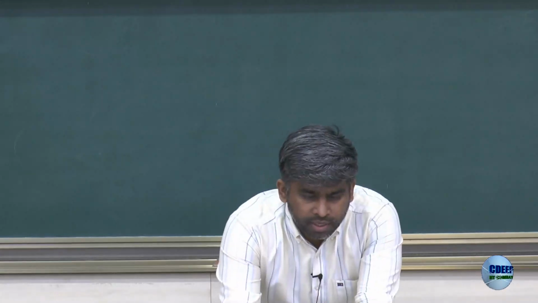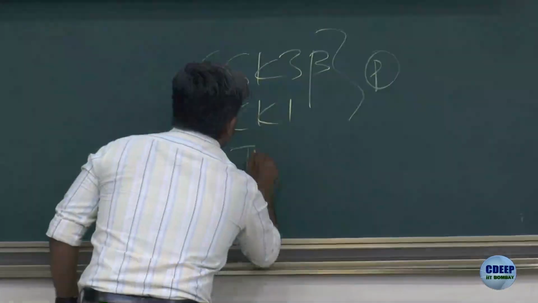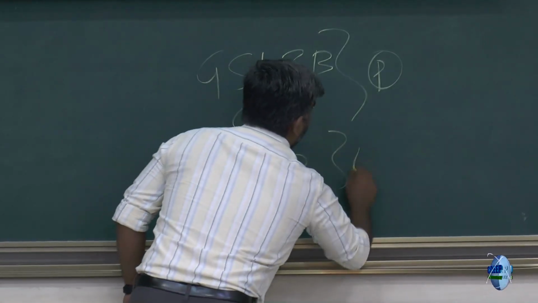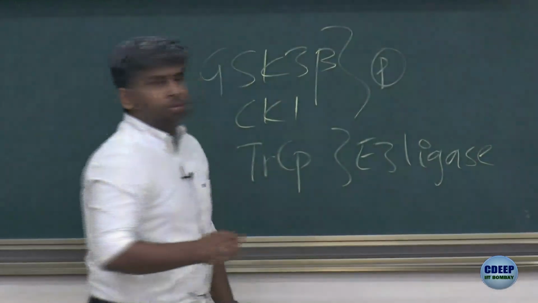First of all, there is this protein called Axin 1 that acts as a scaffolding protein and binds to beta catenin. Then it will recruit GSK3 beta and casein kinase 1, which will phosphorylate beta catenin, and this phosphorylated beta catenin becomes an excellent substrate for a ubiquitin E3 ligase called beta TrCP. So, Axin 1